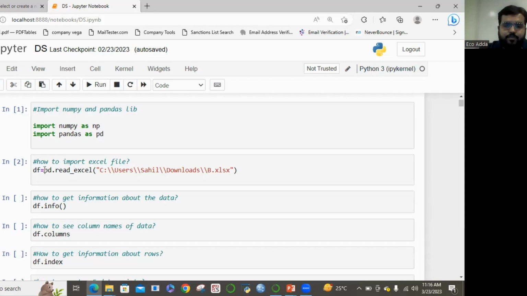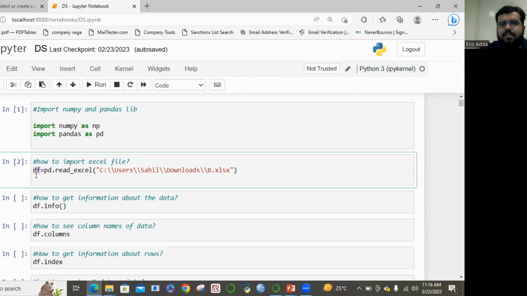You need to write df, that is nothing but your data frame. You can put any name here. So I have taken df. You can put Sahil, you can put xyz. So you can put any name here, right? And all you need to do is put an equals to sign, and write pd, meaning pandas. So in pandas there is a function called read_excel, right? So all you need to do, df equals to